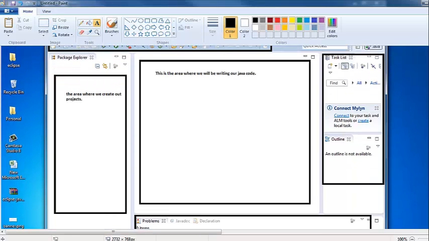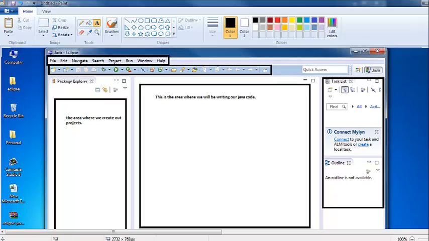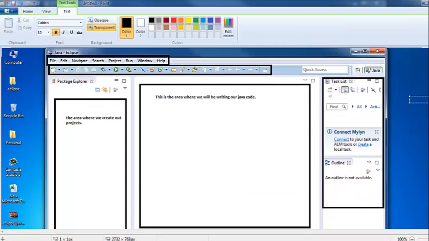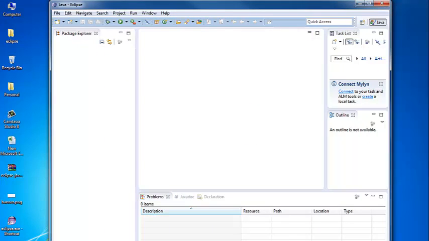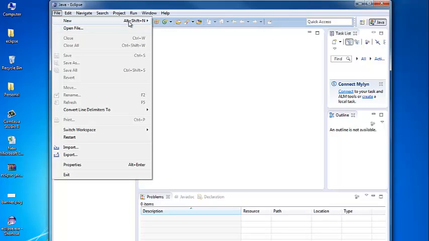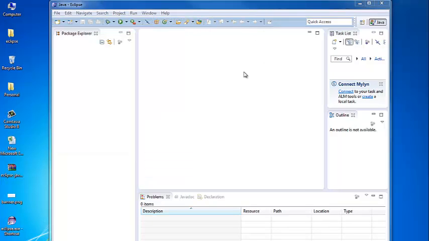Alright, so we have seen the major areas of the Eclipse IDE. Now let's go back and minimize this. Having seen all the major sections of the Eclipse IDE environment, it is now time to write our first sample program. As we have seen, initially we created our workspace. Now is the time to create a new project in that workspace. So we'll go to File, I'll say New and Java Project.